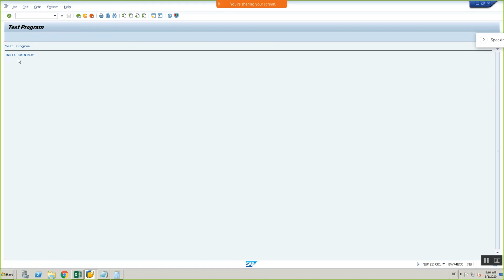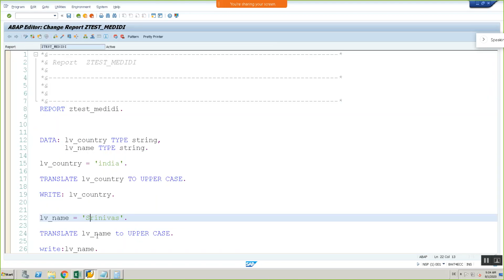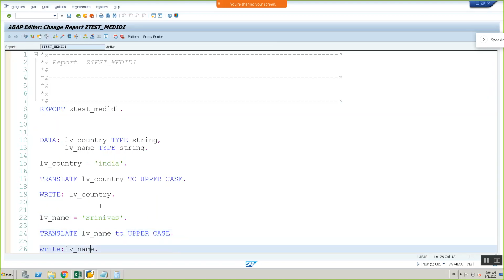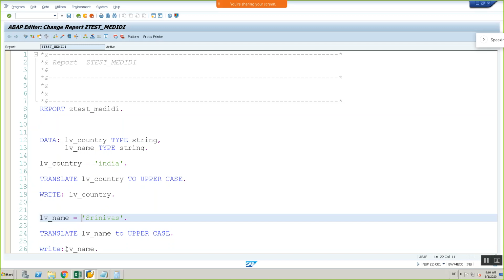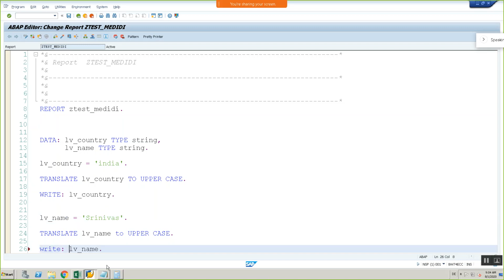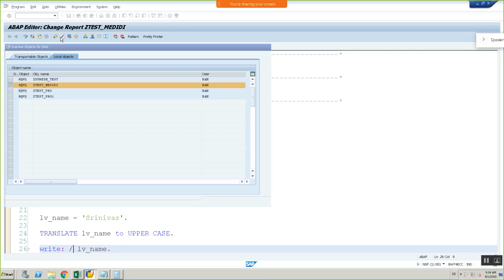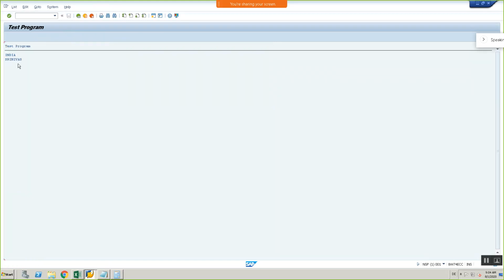But what is happening here is India and Srinivas are both coming next to each other, one after another. I want to see both on different lines, because these are two different strings. So how can I do that? While writing this write command, if you prefix one backslash, which is nothing but the new line operator, then click on activate, execute, you see Srinivas is coming on the second line.